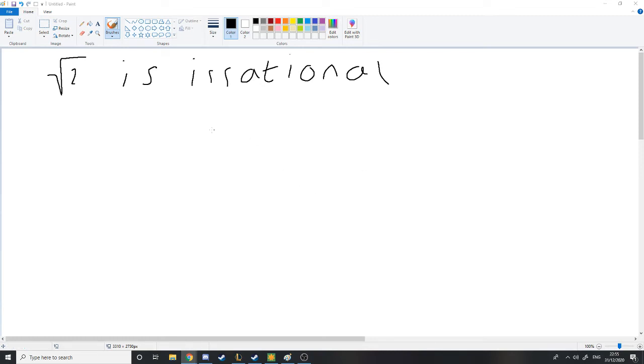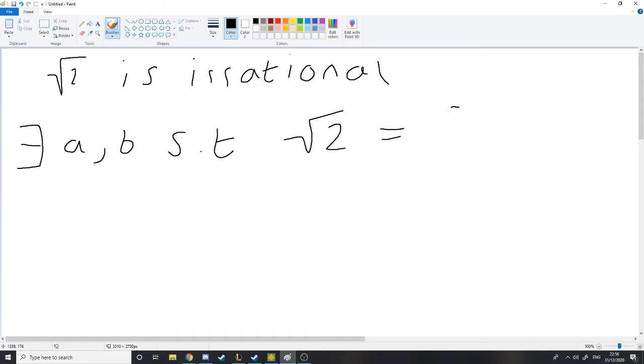Okay, I'm going to quickly show how you can prove that root 2 is irrational. It's a pretty famous problem because you use proof by contradiction. So we're going to assume that root 2 is rational, which is the same as saying that there exist a and b such that the square root of 2 equals a over b,